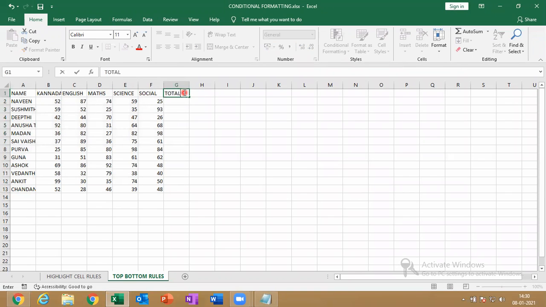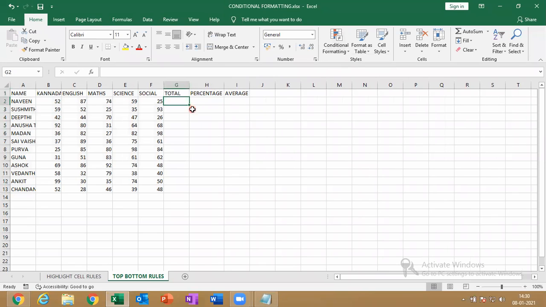You want to do total, percentage. So what is the shortcut key for doing that total? I forgot.